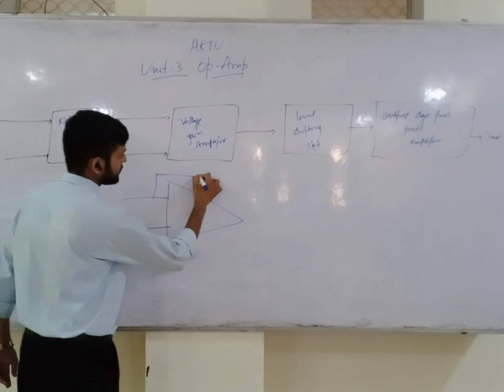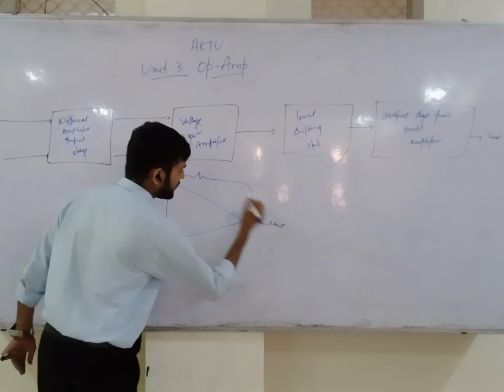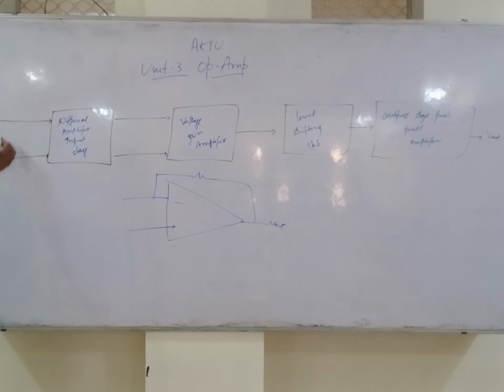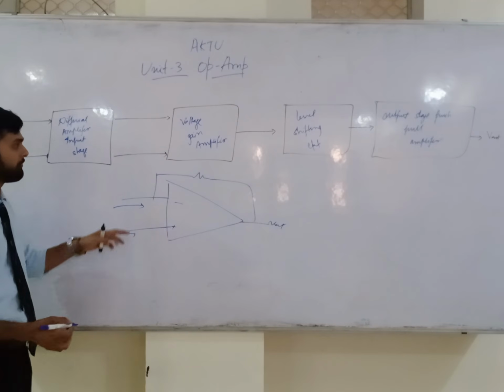How does this op-amp work? We have the output. If we put this is negative, this is positive. If we put two terminals, I have positive and negative. This is non-inverting. This is inverting. If we connect and put any voltage, this is the input. The first stage of op-amp is the differential amplifier input stage. This is the input part of op-amp. If we supply input on this,